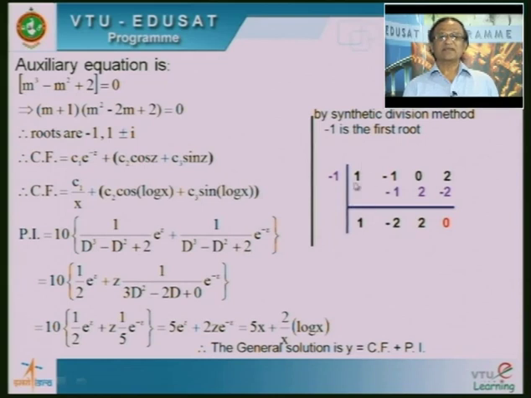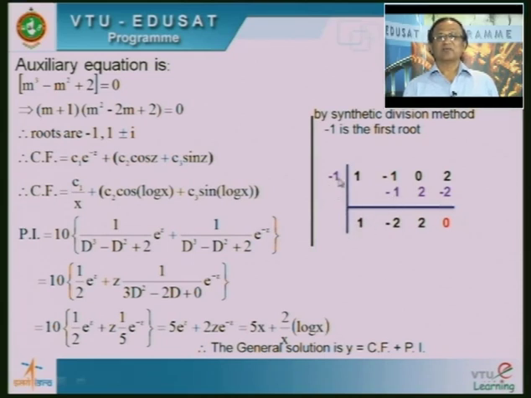I will write this number as it is. Now I want to write the second row. I have already written the first row, I want to write the second row. I will begin with 0. First I want to write 0, then I can add these two numbers. I will write down in the third row. Is it clear? Right. So 1 plus 0 is equal to 1 only. Is it clear? Okay. Next I will multiply these two numbers, minus 1 into 1. I will write it in the second row.